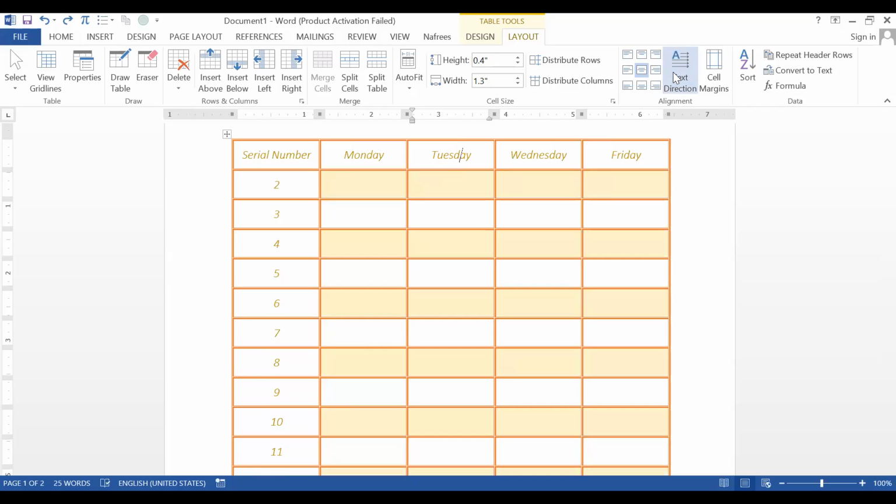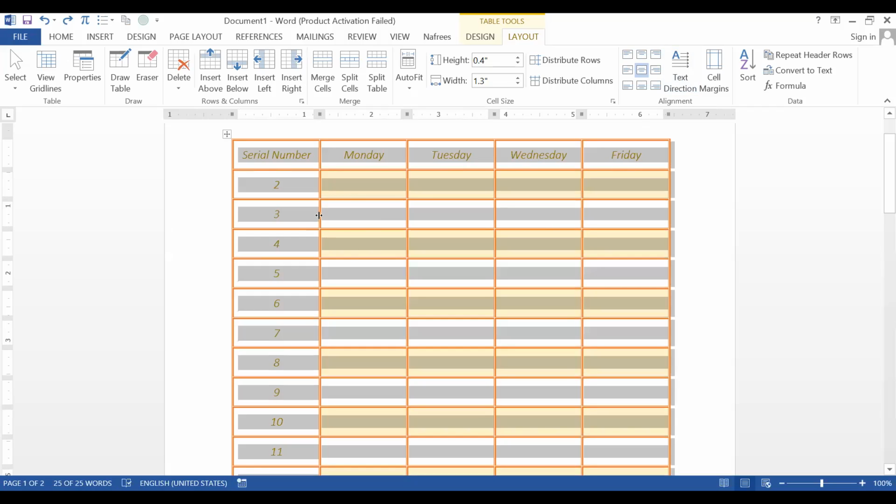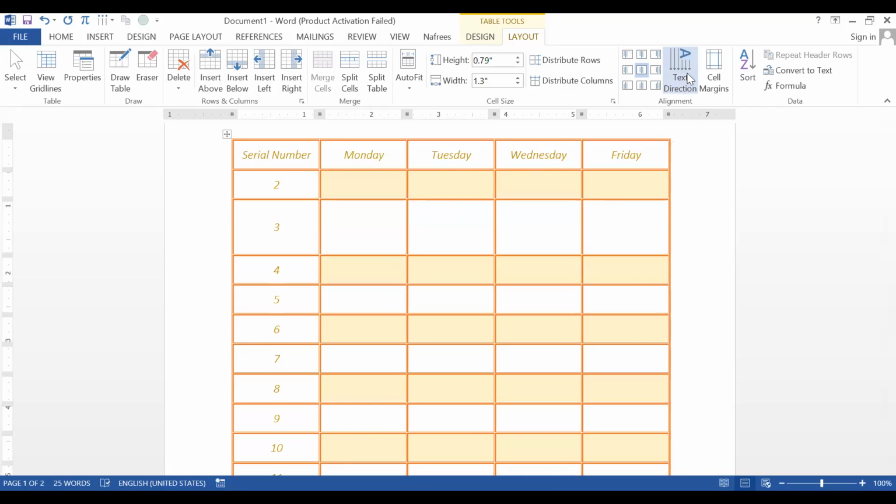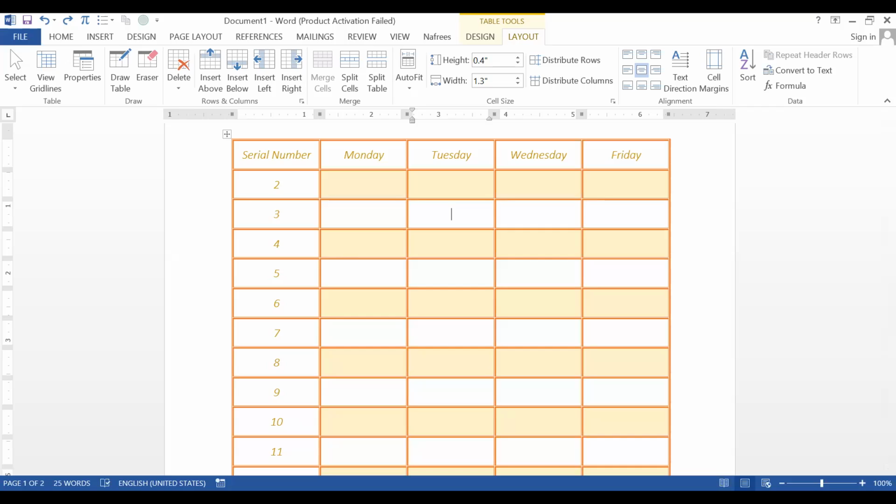Okay, so that's how we have to use it. You have to select which portion you are going to change or which portion you are going to do the design or layout part. If you want to do all the edit for the entire table, then you can click here, this area. If you click this one, entire table will be selected. Or if you want to do only the first row, then you have to select the first row only. Or else if you want to do the particular cell, for example, only this one, then you have to click inside this one, then do the required edit works or formatting works.